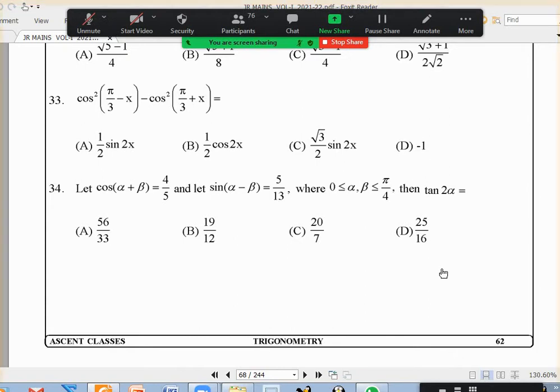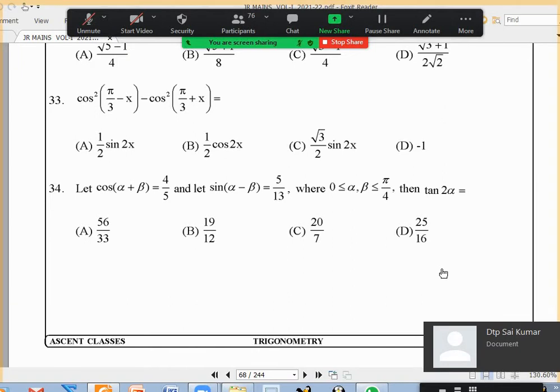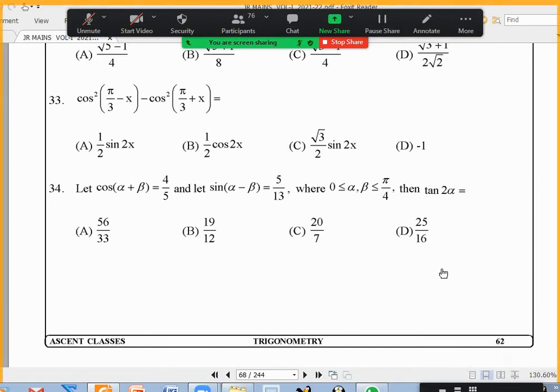This is in the form of cos A plus B into sin A minus B, sir. No. Either both are sin or both are cos. We don't have any formula for the other one. Sin A plus B into sin A minus B: the formula is sin square A minus sin square B or cos square B minus cos square A. So we are going to use this from RHS to LHS.